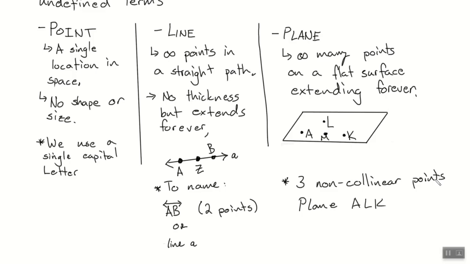Okay, an alternative though, because again, mathematicians don't like to have to write the word plane every time. We use a single capital letter for a point. For a line, we use 2 points, so regular capital letters with this mark above it. It has to have the mark if you're talking about a line. For a plane, oftentimes we can use this and write this out, or we can have an uppercase or capital italic letter. So for example, I like to make mine super obnoxious.